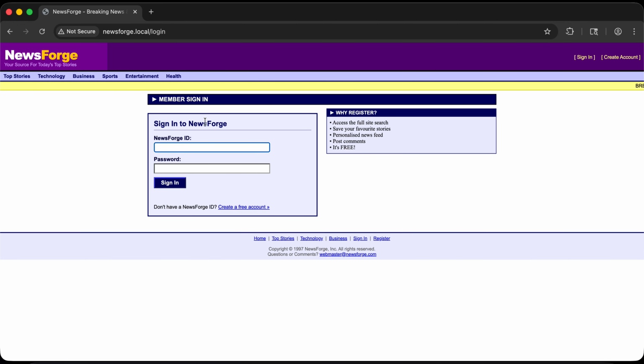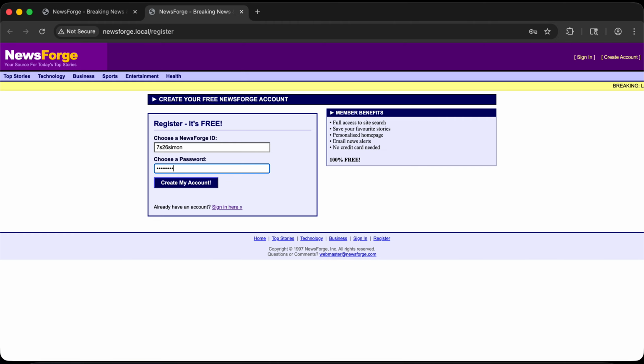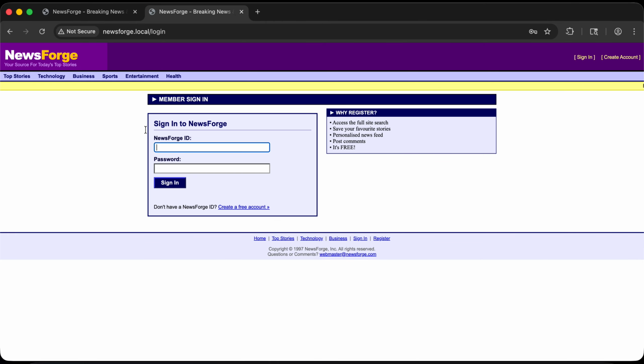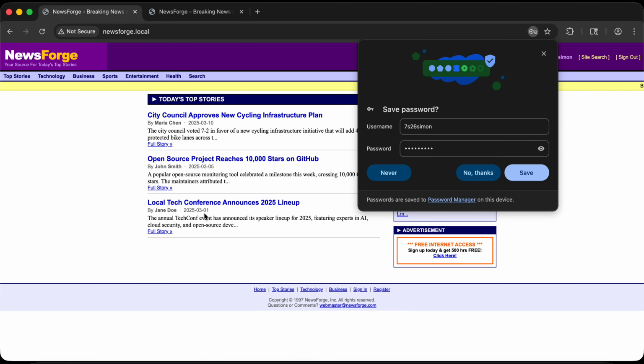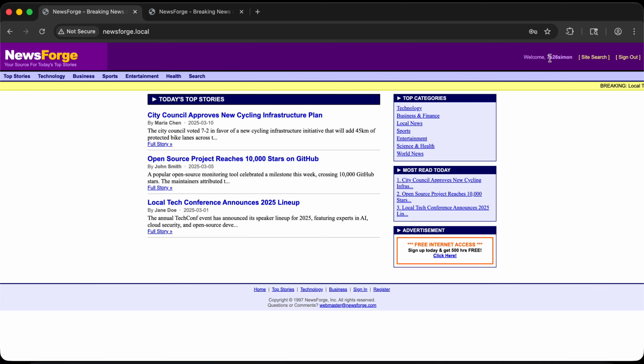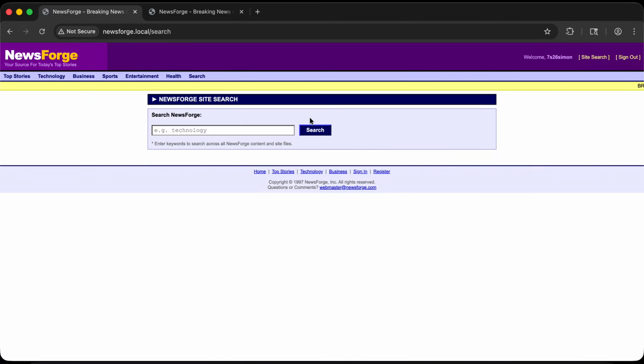The first thing to do would be to create a username. We don't have one yet, so let's open a new tab and create an account. Let's go back to the previous tab, hit sign in, and you'll see that we have indeed been signed in, and right next to the username that you created, there's an option to do a site search. So let's click here and just type in news, hit search,